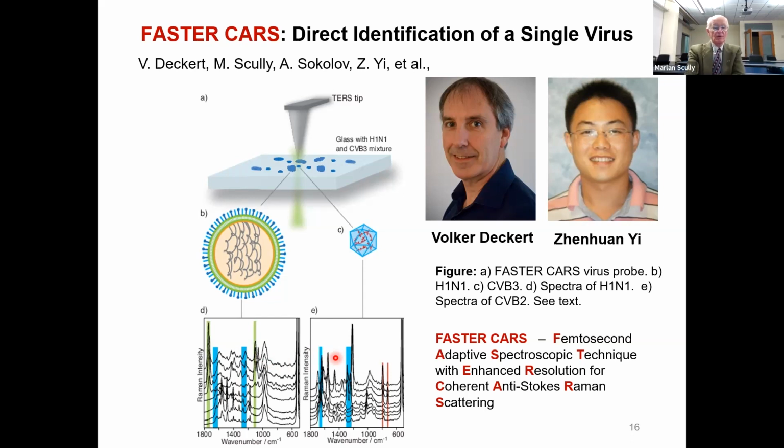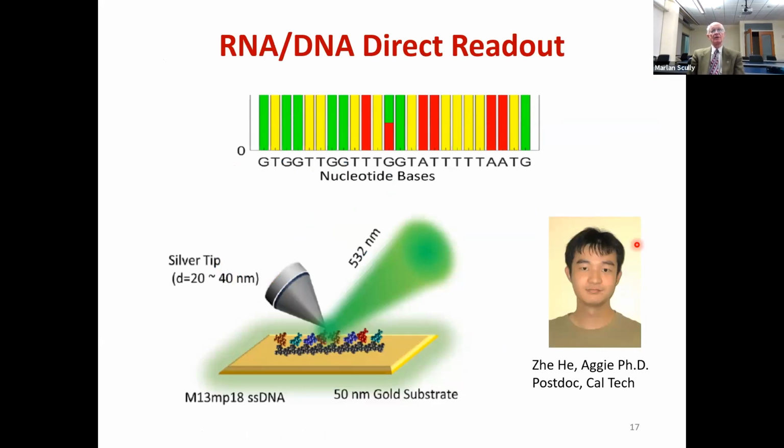And this sort of technique is being applied by Professor Yi here at Texas A&M and co-workers to study a variety of problems within the context of molecular physics. For example, we can now read out the RNA nucleotide sequence. And we're doing this, remember, with a tip that's tens of nanometers, maybe 20, 40 nanometers in size. And we're sensing the difference between the nucleic acids, which are spaced by half a nanometer, a really magnificent